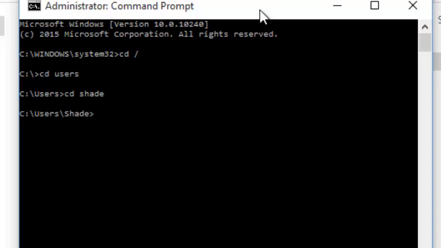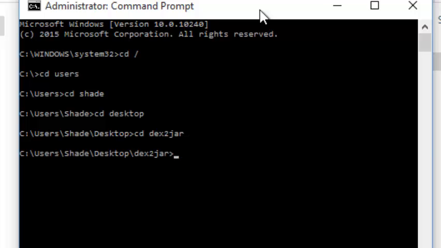Shade. Desktop. CD dex2jar. It's right sitting on my desktop. Okay, you have that right sitting there. So you're going to write a line of code right now, which is going to be